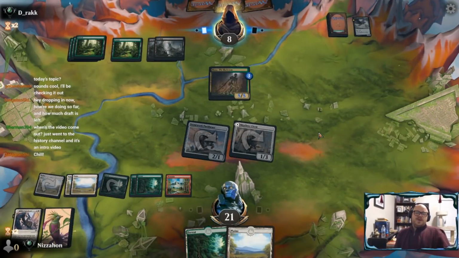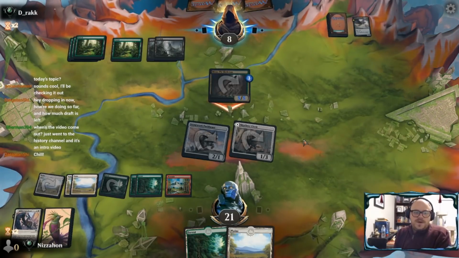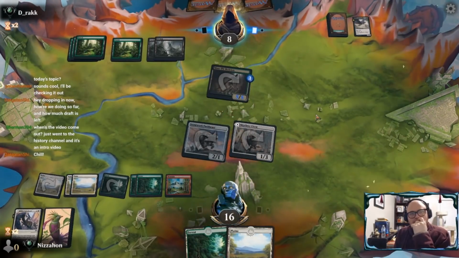Tajuru Paragon would be pretty good too. It doesn't have the size, but giving a 2-for-1 would be a big deal at this point. Getting two bodies with 1 card usually is. So